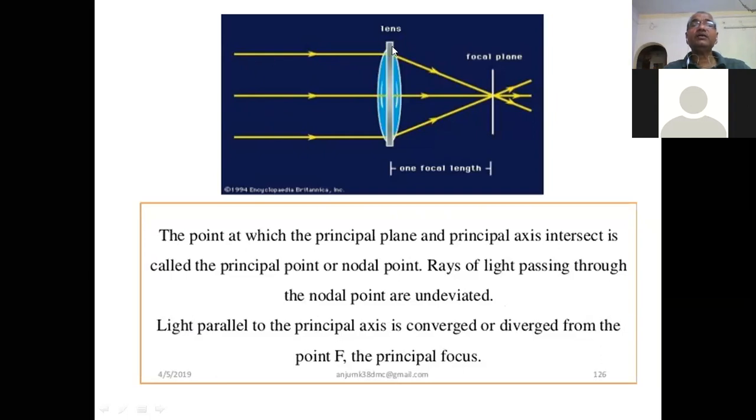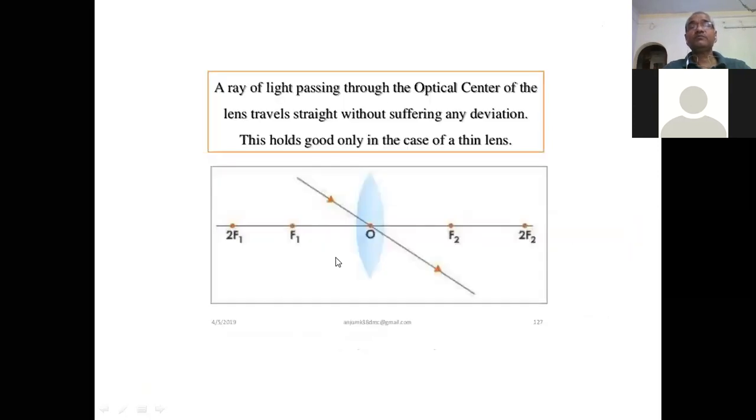When parallel light is incident on this lens, it converges to the focus, and beyond this focus you will see the light is again diverging. So at the focus the light is converging or diverging, both things are there. So this is the principal focus. Now as I have stated, when the light ray passes through the center of the lens, it is undeviated. बघा हे जे रे दाखवलेले आहे, so it is undeviated.